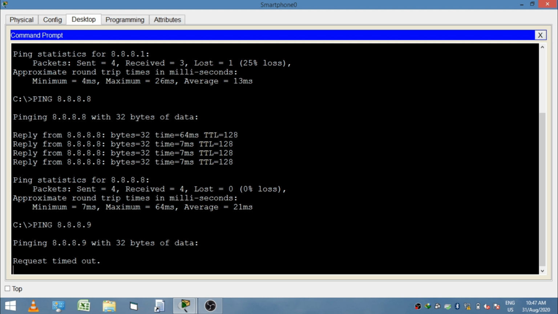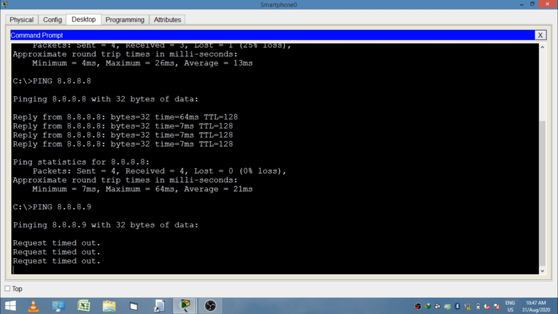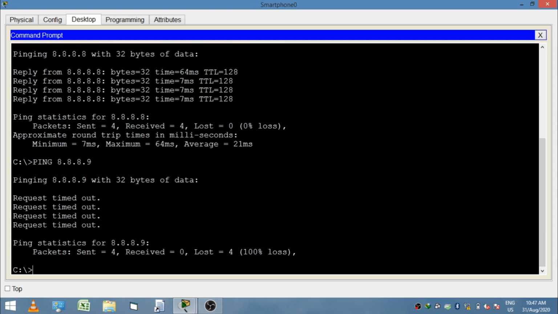But if you ping the default gateway of the DNS server, it is not successful because it is virtual, so the request times out and it fails. But the total wireless LAN network is successful.